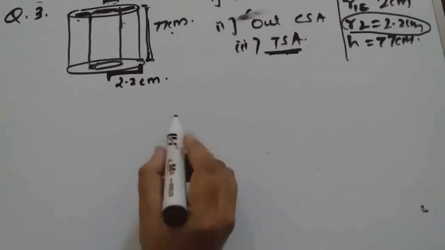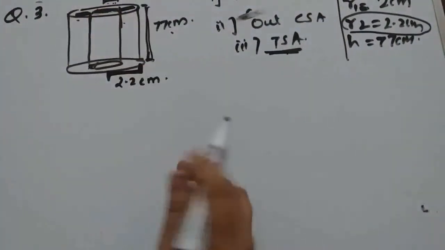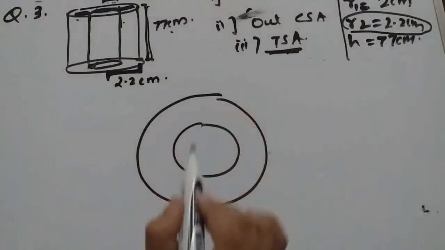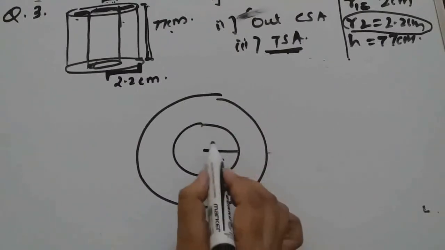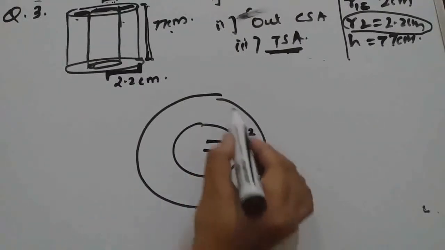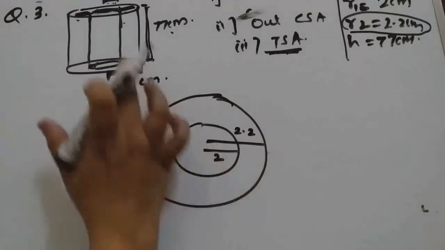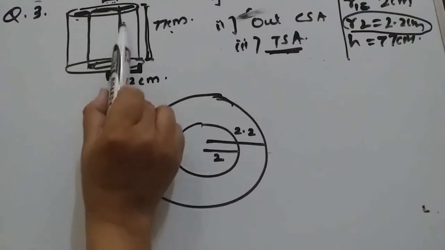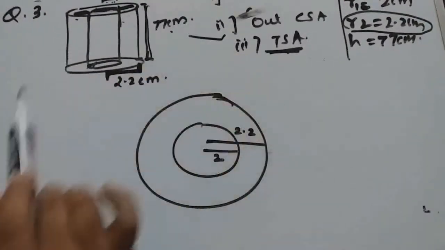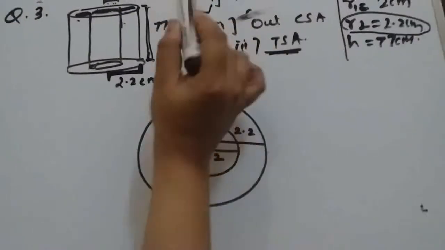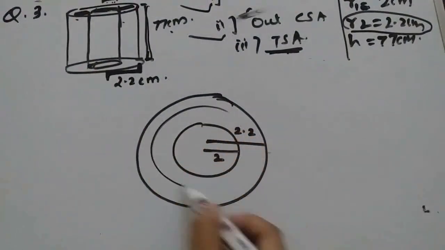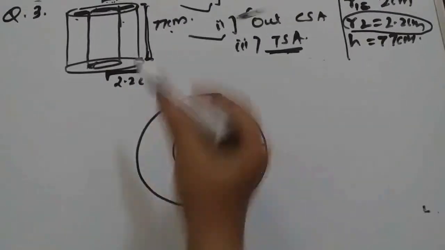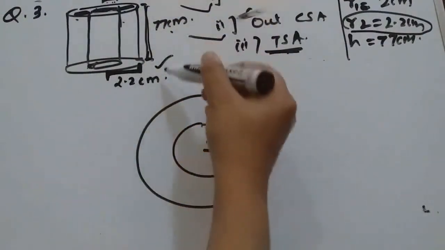See, actually if you observe this metal pipe from top view, you will get this one. Okay, this radius is 2 centimeter and this radius is 2.2. So now to find total surface area of this, we should add outer curved surface area, which we got already, then inner CSA. Okay, and this base part also. So base part is not circle. If you observe, base part is ring, and both the sides, top side also, bottom side also.